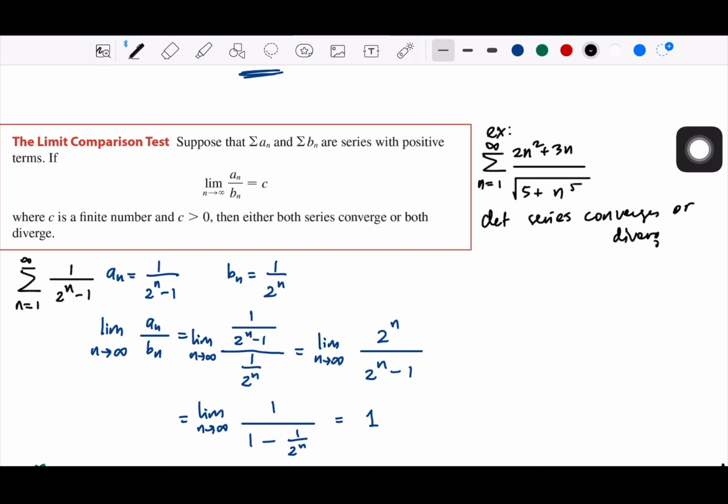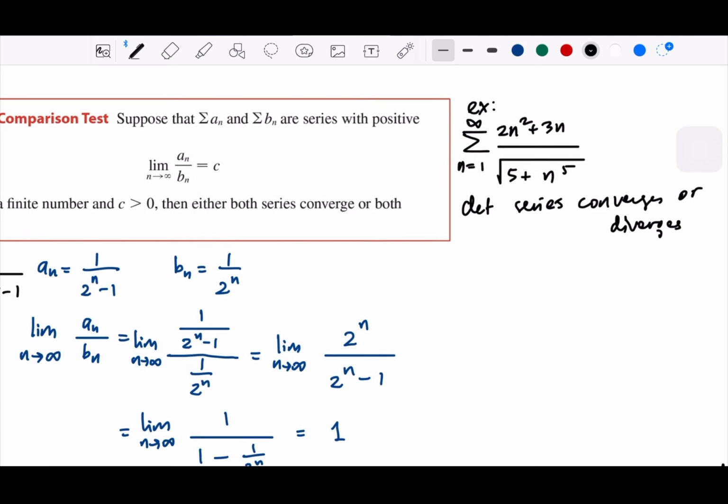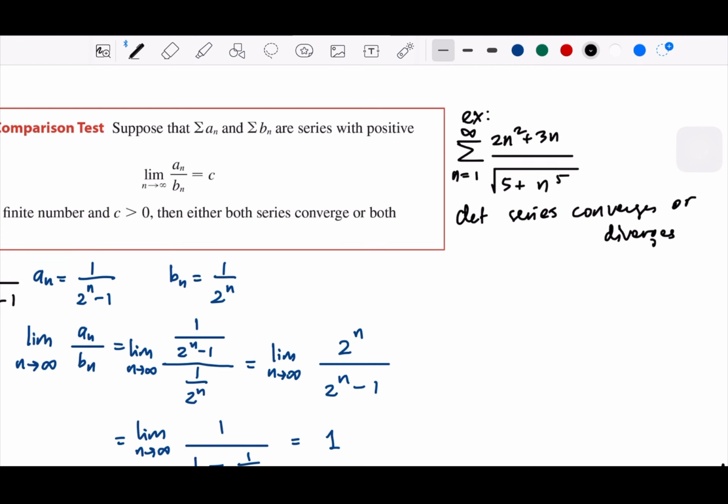It's intimidating, right? It seems really huge, like a monster. But of course, we're still in the limit comparison test. So perhaps this is going to be comparable with something, right? And the limit comparison test